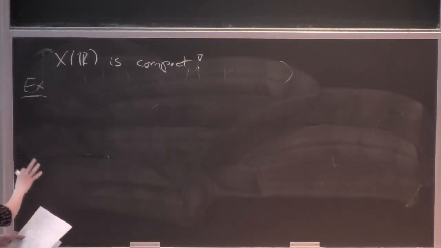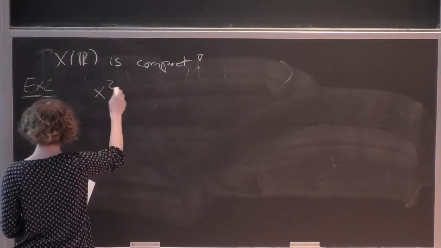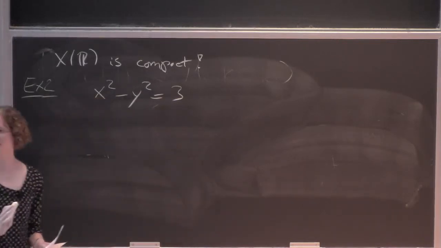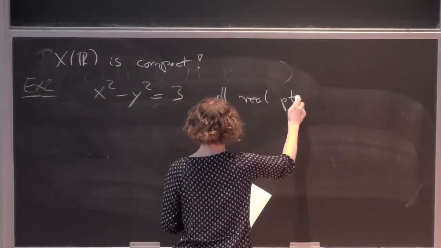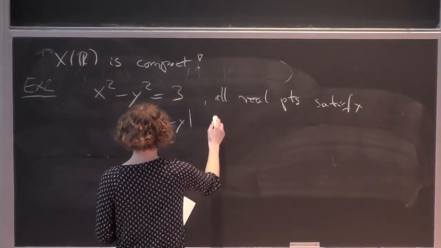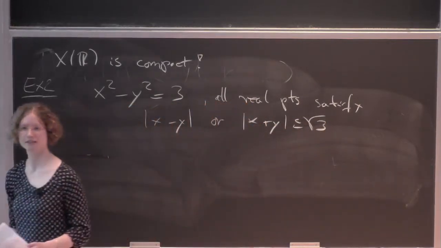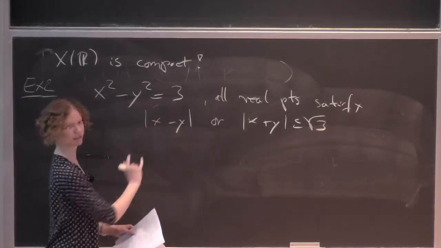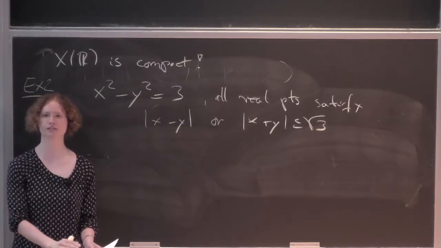Another example, which is more informal; the third one will again be rigorous. Let's look at something like x squared minus y squared equals 3. That has integral points, but you also have the phenomenon that for all real points, either x minus y or x plus y is bounded by the square root of 3. Which means if you now restrict to integral points, then one of those linear factors has to be equal to minus 1, 0, or 1. So this reduces the integral points to Zariski closed subsets.